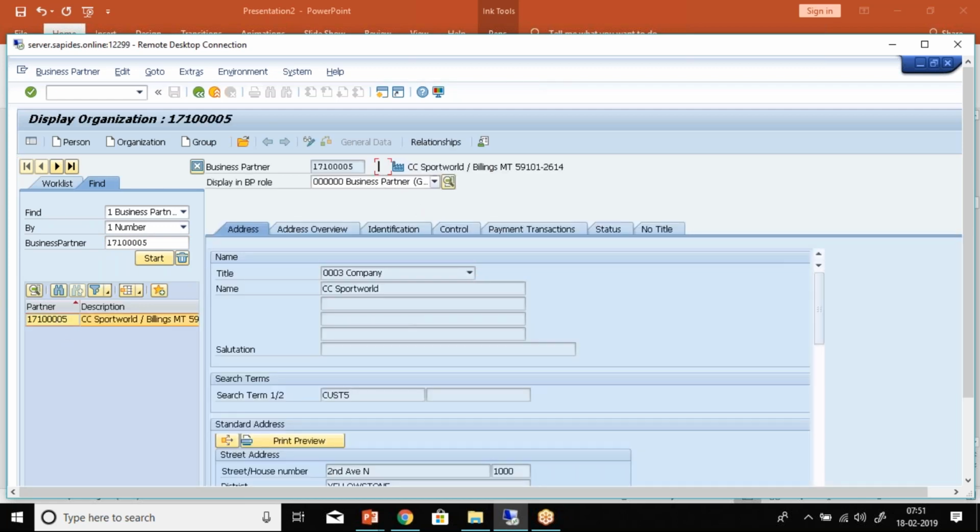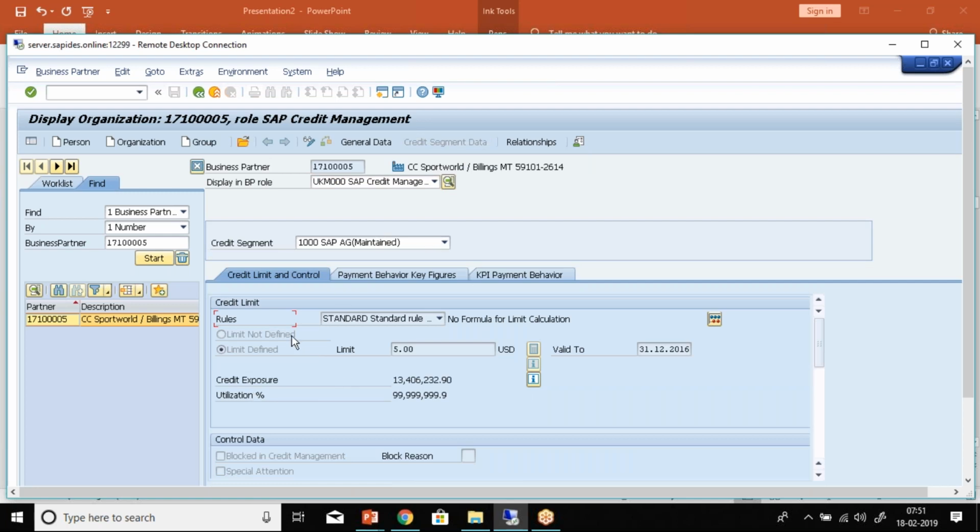So here in this, there is something called your credit management role, based on your credit segments. Here it's all based on a credit segment, because the standard credit segments are all created on the C credit segment as well. I'll show you what configurations have been done for the C credit segment. So you can create the limits, you can create the rules. There are a lot of rules, a lot of formulas that exist. I'll be showing you in the configuration side, but this is all part of your business partner.